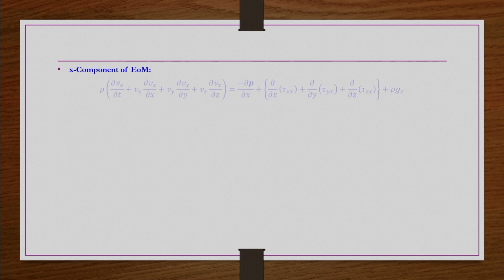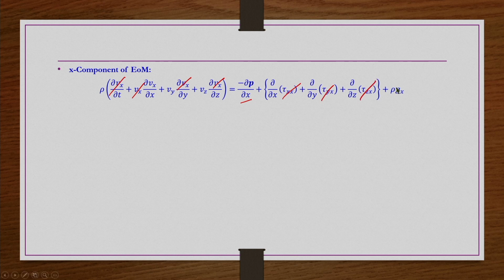Similarly, now if you simplify the x component of the momentum equation, Vx is 0. So all the terms on the left hand side have Vx terms, because it is the x component of the momentum equation, and all of them are 0. Pressure we do not know, and only tau yz is existing. So these tau expressions are 0, and there is no gravity in the x direction, it is there only in the y and z directions. So what we understand from here is ∂p/∂x = 0, that means pressure is not a function of x.